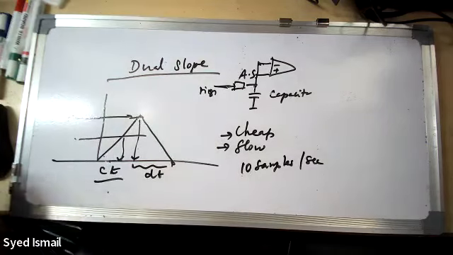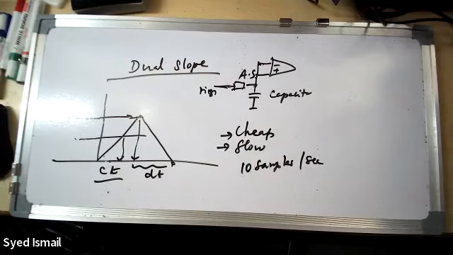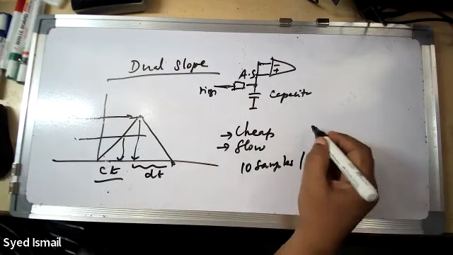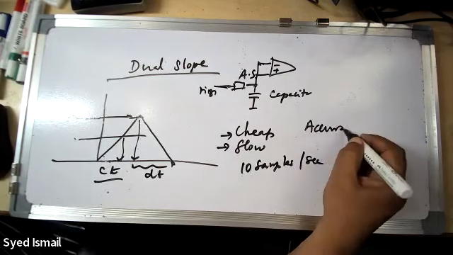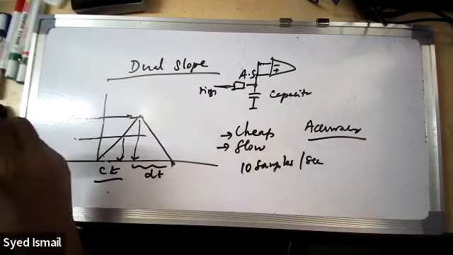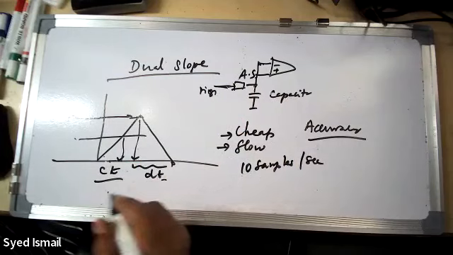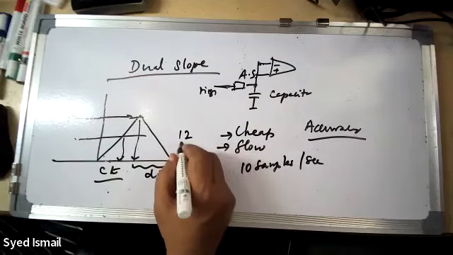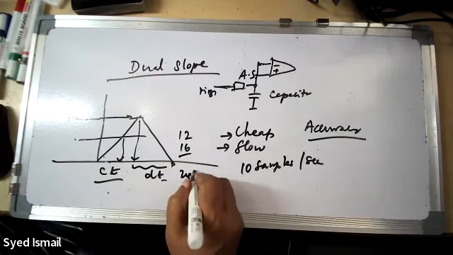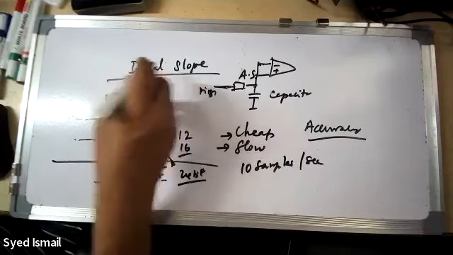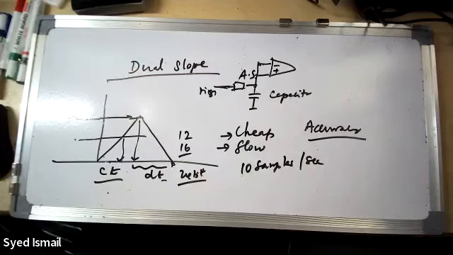But again, as I told you, accuracy-wise it is better than successive approximation, but still not very accurate. How many bits you will have depends on your timer and the capacitor accuracy. Normally you get 12 bit, 16 bit, or even 24 bit readily available devices with dual slope. But I won't go for something so accurate with dual slope. More than 24 bits, I will not go, because more accuracy is required, and they are also not used in, for example, an accurate weighing balance. They will not use it.